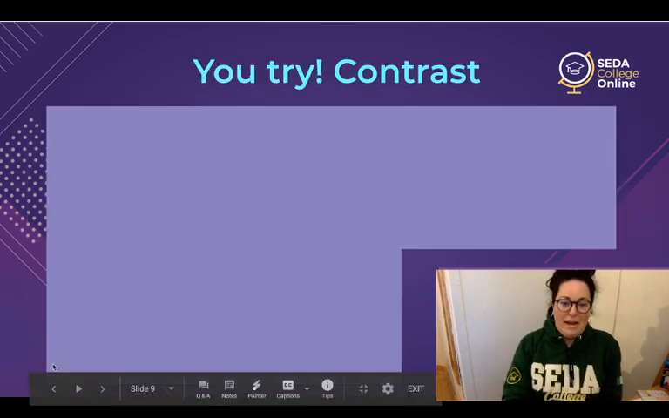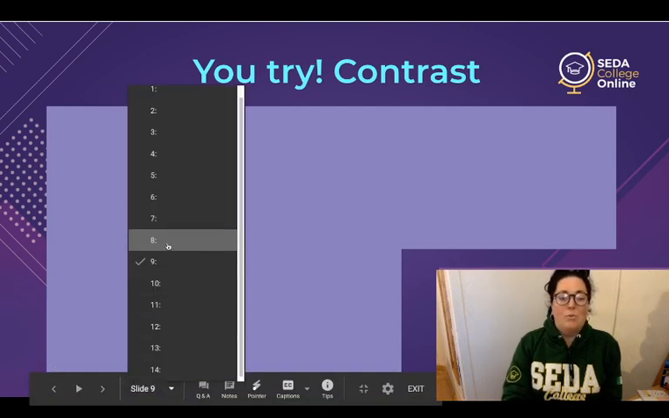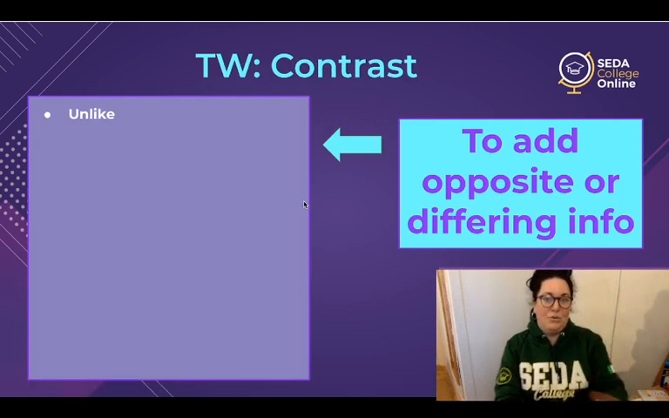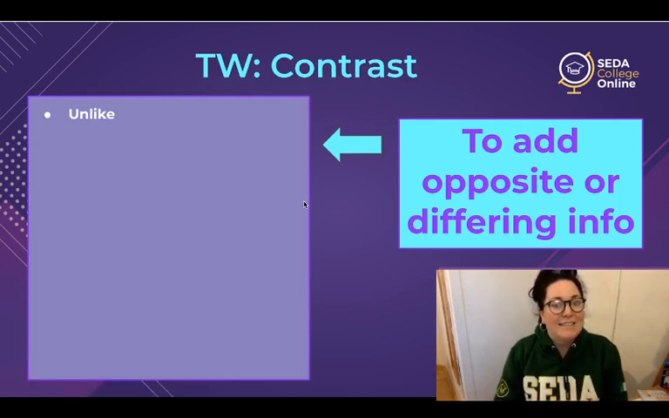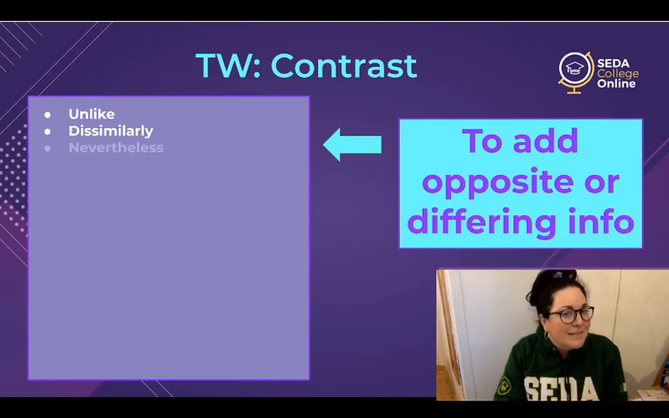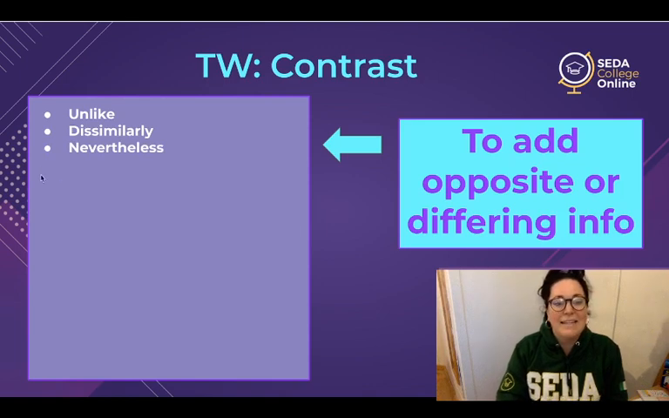But before we do that, I'm actually going to go back and we're going to practice pronunciation with these again, okay? So I say it, you repeat. Unlike. Dissimilarly. Nevertheless. Exactly as they are independently. Nevertheless. Good. On the other hand,